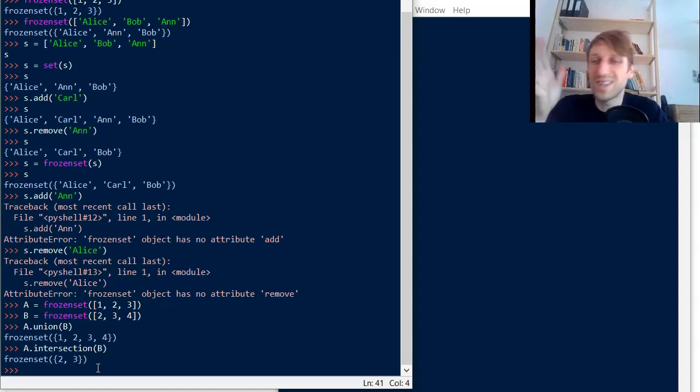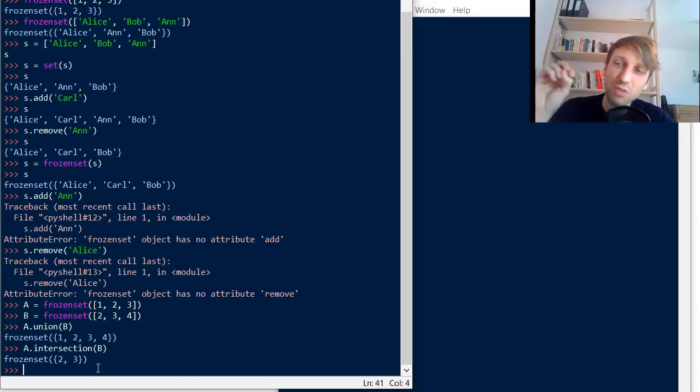So you can perform all set operations. You can check the disjoint operation and so on. You can use all set operations, but with an exception: you cannot use those set operations that would modify an existing set. Why? Because frozen sets are immutable. They cannot be changed. And the advantage of a frozen set compared to a set is that it's a bit more efficient, because it cannot be changed, so we can do some